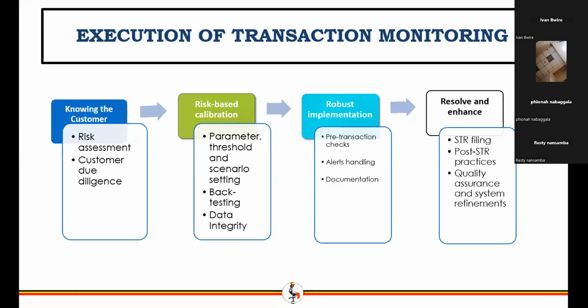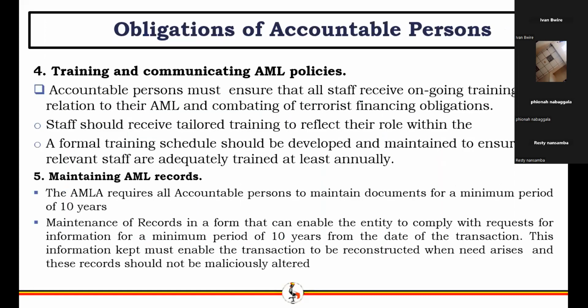And then if you detect anything out of range or any unusual or complex transaction, then you refer back to the information that you obtained at the start, at the onboarding stage. If it's inconsistent, then that's when you form suspicion and you're in a position to report a suspicious transaction. Many of the obligations I explained in the summary that we started with, for example, the training and communicating policies, we explained, and maintenance of records, which should be done for a period of 10